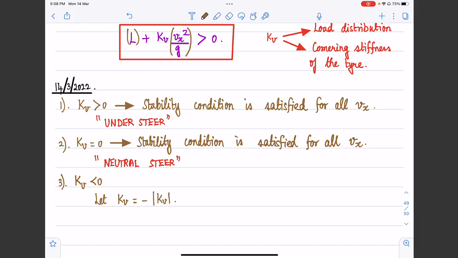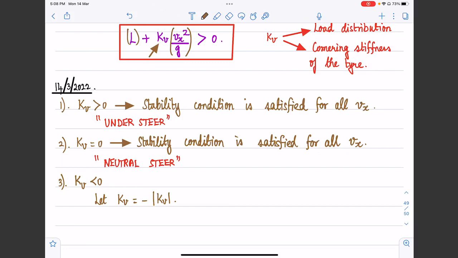Why? Because let's say kV is minus 10 power minus 3, right? The absolute value of minus 10 power minus 3 is 10 power minus 3, right? And we are putting a negative sign. This is just for our notational simplicity. Okay. Now we can observe that when kV, this condition, becomes negative, there may arise some scenarios